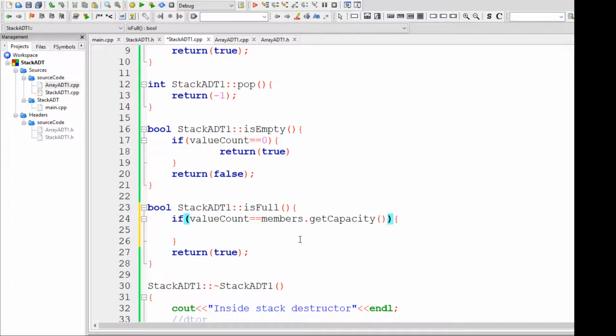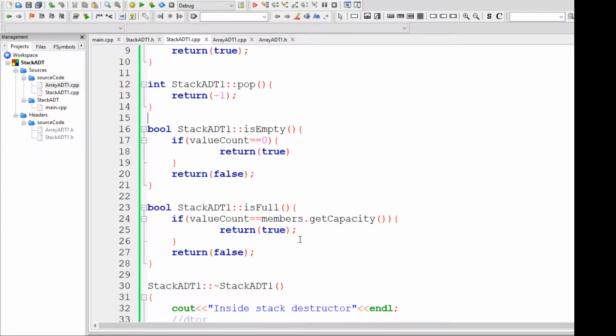If this is equal, then it means that our stack is full. In that case we are going to return true. If that's not the case, then we are going to return false. So that's our is empty and is full operation.